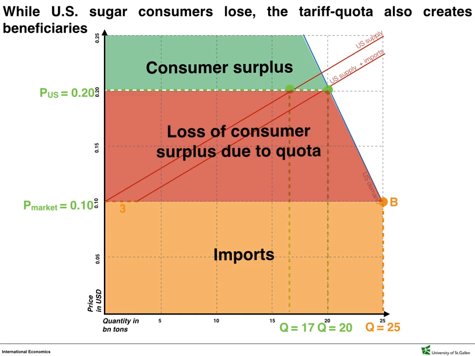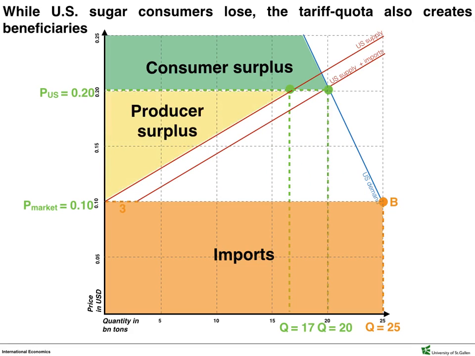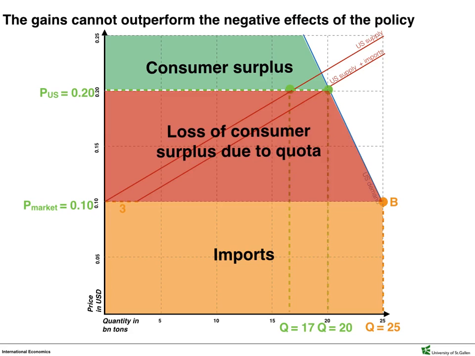If there were free trade, with a price of 10 cents, the quantity supplied would have been zero, but with the program, the price of sugar is 20 cents, enabling producers to again earn a surplus. The second winners here are those who were allocated the import quota in the first place. Importers can buy sugar at the world price and sell it in the USA. They get to import 3 billion pounds and so earn a profit of 300 million a year.